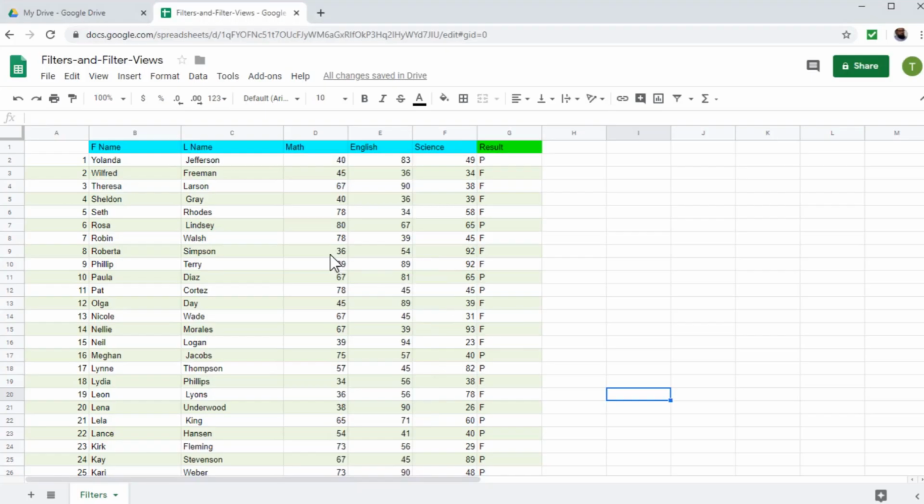So let's get started. Now this is my sheet in which I have students' first and last names, their marks in three subjects, and then their result. Assume that we are three teachers collaborating on this sheet: a science teacher, an English teacher, and a math teacher. These results are calculated so that if the marks of the student are greater than or equal to 40 in all subjects, then the student will pass. So as you can see, this is the condition: if a student has less than 40 marks, the student will get F, or fail, otherwise pass.